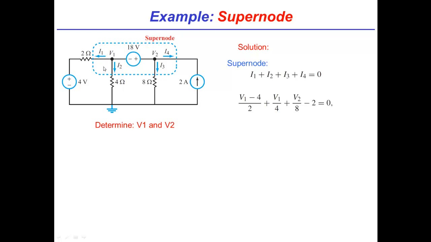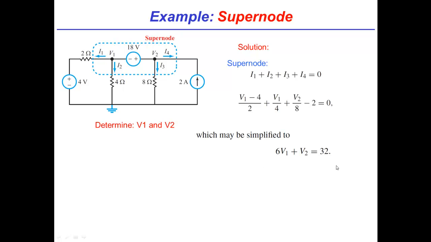Let's take them one at a time very quickly. I1 is going to be V1 minus 4 divided by 2, the current through the 2 ohm resistor. I2 is going to be V1 divided by 4, the current through the 4 ohm resistor. I3 is going to be V2 divided by 8, that's the current through the 8 ohm resistor. And I4 is going to be minus 2 because it's the opposite direction of the current source. In other words, going out versus the current source going in. And we'll say that's equal to 0. Now, we can simplify that equation, just straight algebra, and we get 6V1 plus V2 is equal to